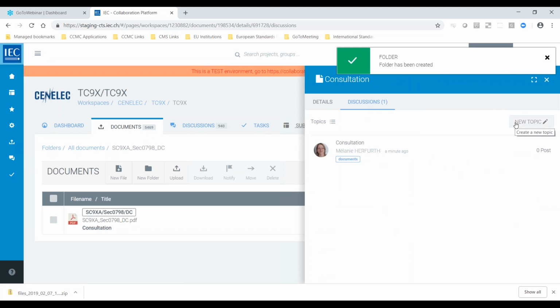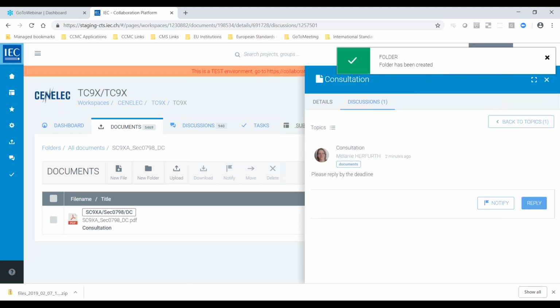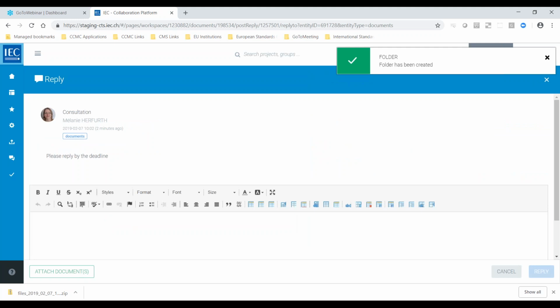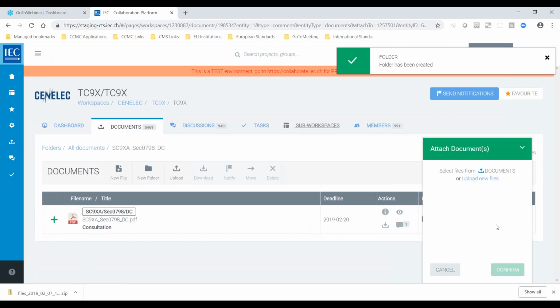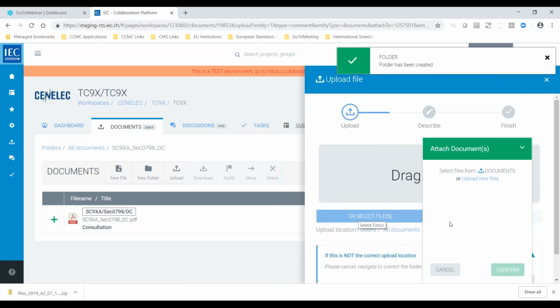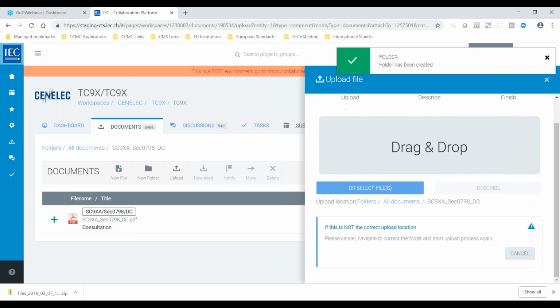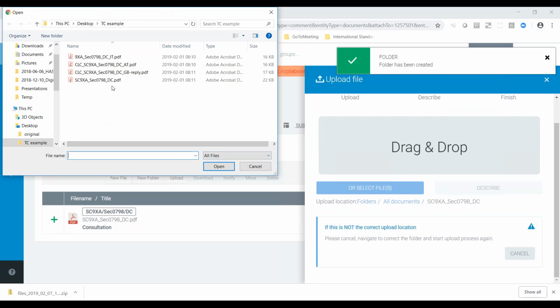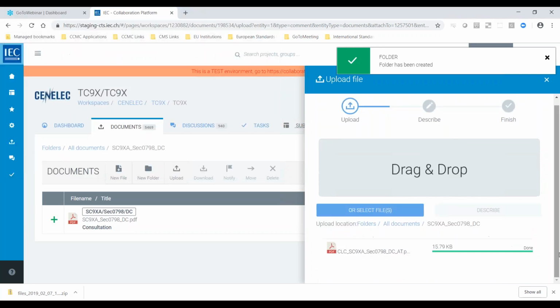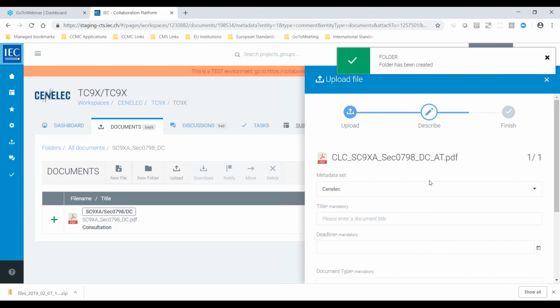I don't want to create a new topic. I just want to reply to this, and I will click on reply, and then I have a document to put. So I will go and I can select a file. So I can either upload my document already on the platform, or I can upload a new file. So I will upload a new file in this case. So this can go down so that it's not bothering you. And then I will go select a file. Let's say this is my answer. And then the same, I just describe